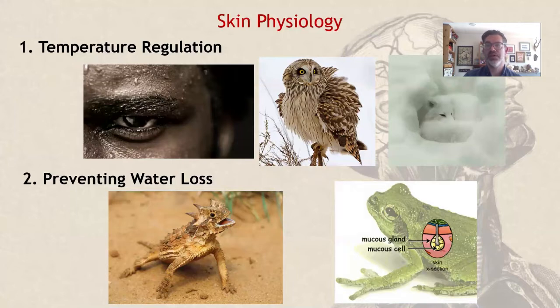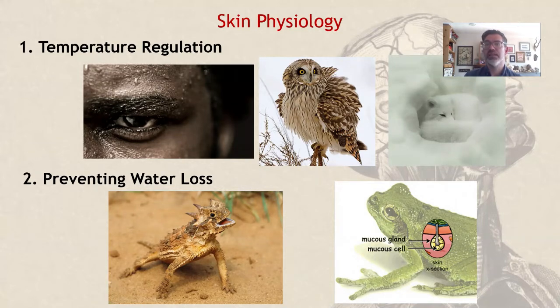The skin has many functions. First of all, it aids in temperature regulation. The sweat glands of mammals cool the body down by losing heat energy when the salty water evaporates on our skin. By the way, mammary glands, which all female mammals use to produce milk to nourish their young, are just modified sweat glands. Hair and feathers can add an extra layer of insulation to also keep the body warm.